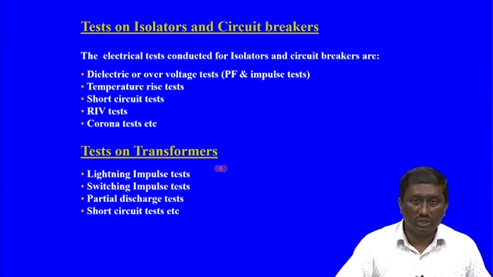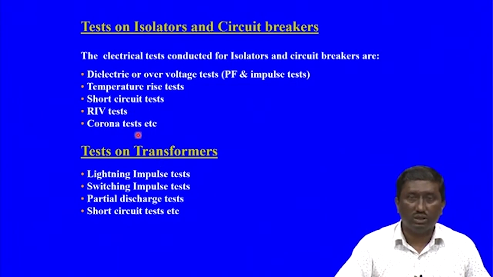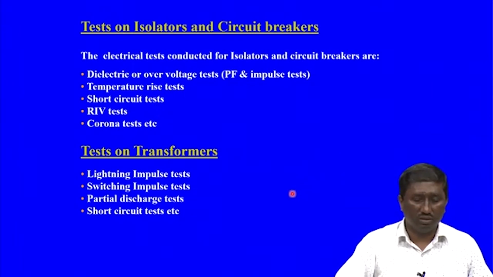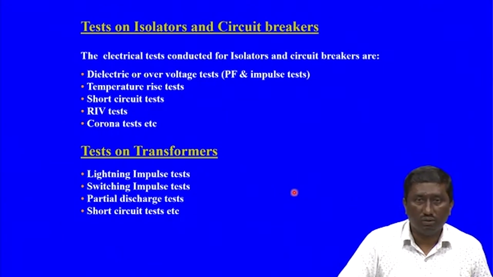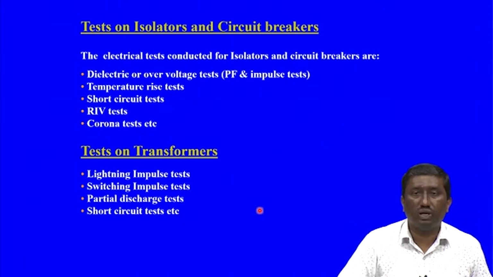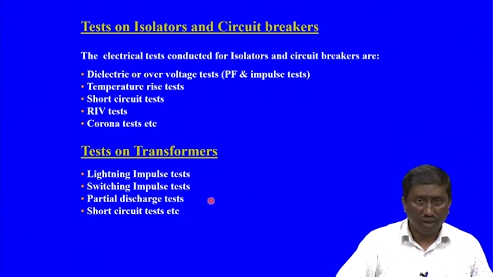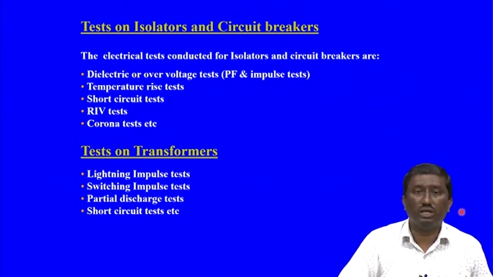Then radio interference tests, as earlier for insulator strings, the corona tests. These are all again specified by the standard bodies. Tests on transformers: transformers have to be tested for lightning surges, lightning impulse 1.2 by 50 waveforms, and switching surges 250 by 2500 microseconds. Partial discharge test to check any voids inside the transformer, where the discharges specified should not